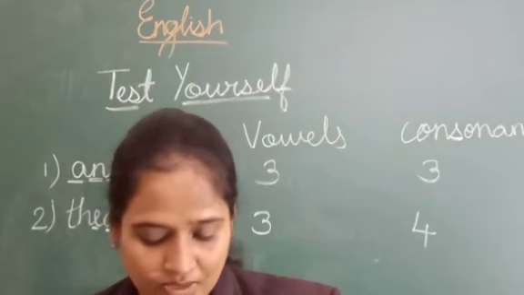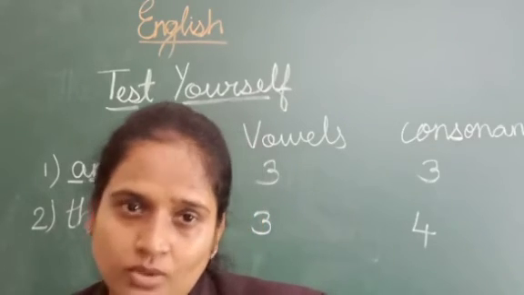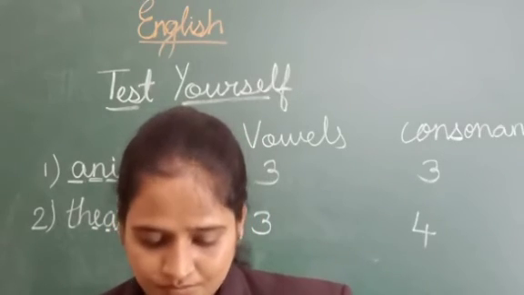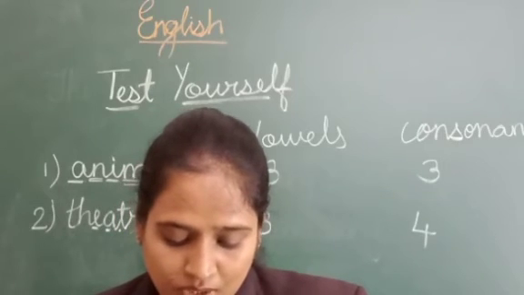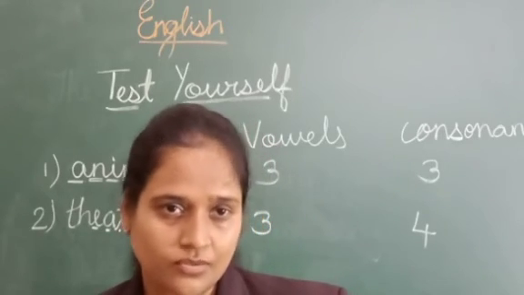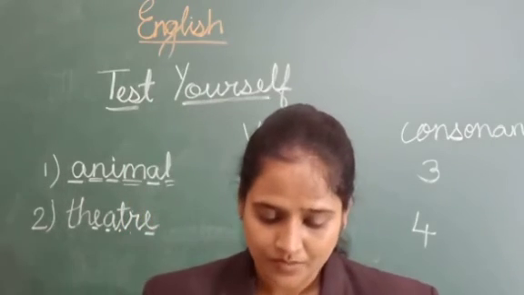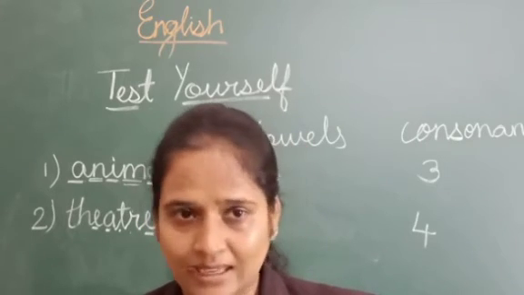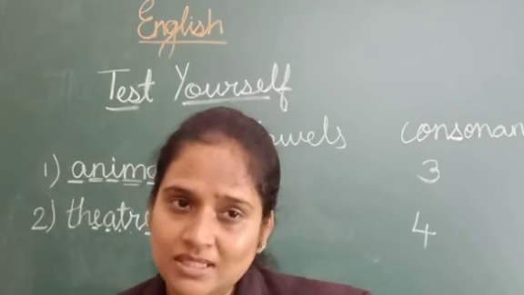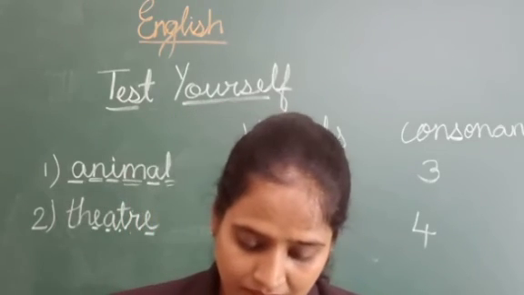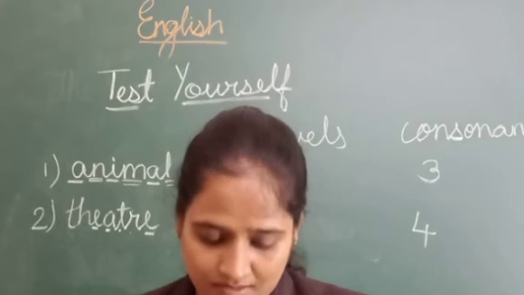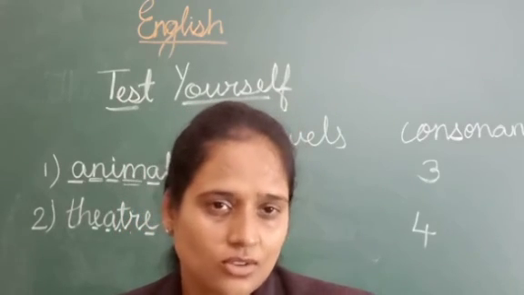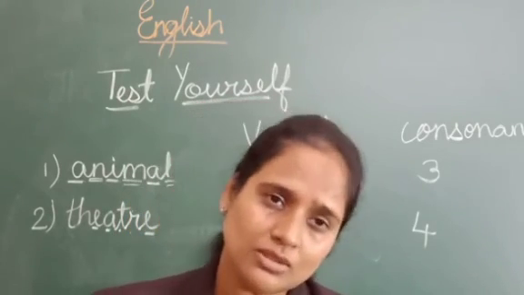Now come to page number 5. In the last video I explained where we use a and where we use an. We'll just take a short revision of it. We use a before a word beginning with a consonant, and before a word beginning with a vowel we use an. For a, examples are given: a book, a table, a chair, a player, a river. For an: an apple, an egg, an iron, an owl, an umbrella. These are all words beginning with vowels, so we use an.